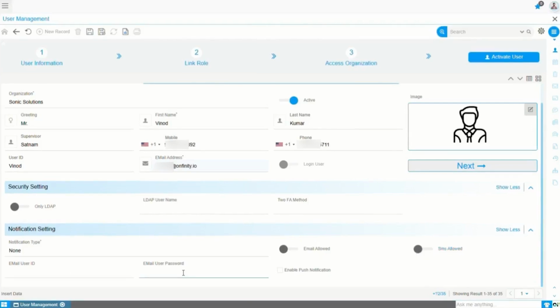Email user ID and email user password are required when sending emails from the system. The system will use the basic SMTP details configured in the tenant screen, along with the user email credentials from their account. However, if SMTP server details are defined in the user mail configuration screen, those details will take priority